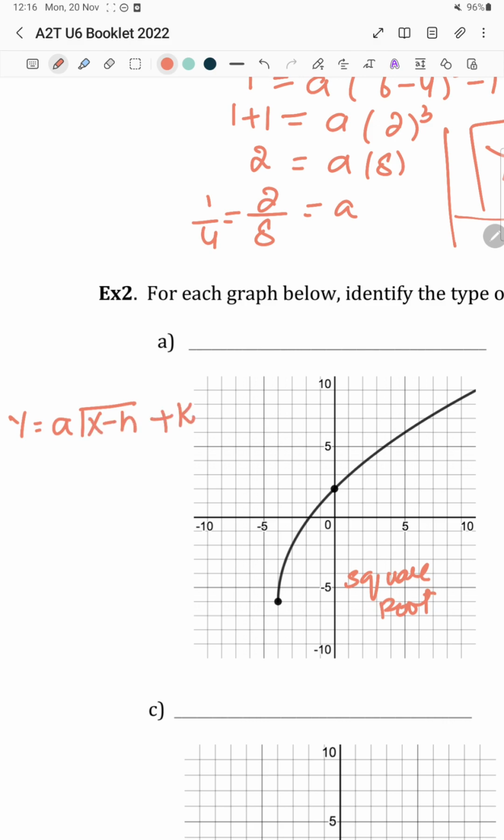What are h and k? They are the center point, or the initial value. So it's -4 and -6. And what will be a? We need to take two points. Let's take this point, 0 on the x-axis and 2 on the y-axis. Okay, so it would be